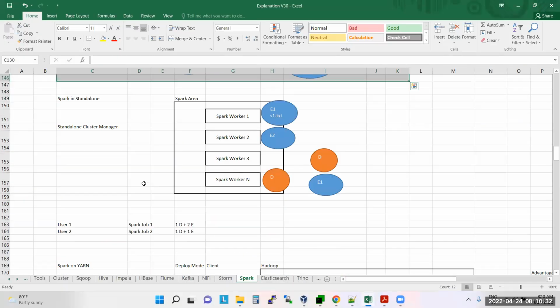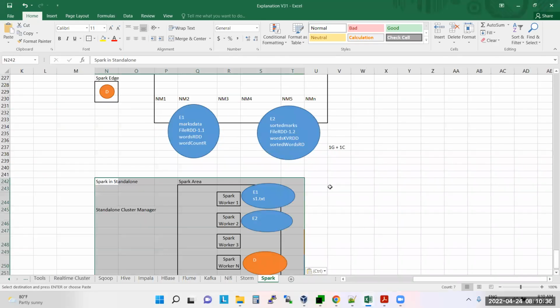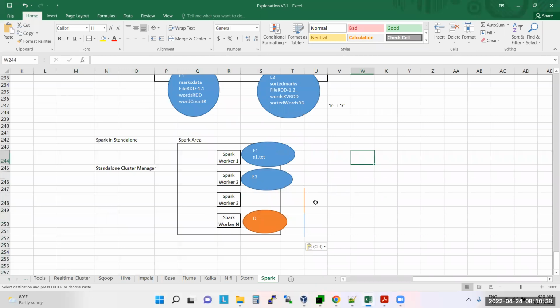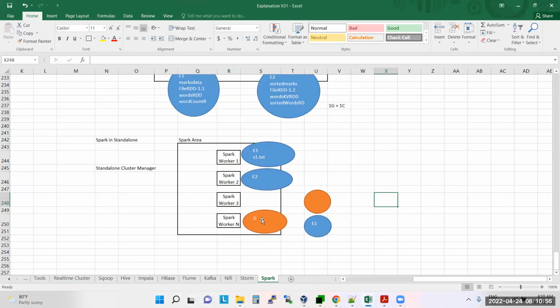When it comes to standalone mode, in case of standalone mode,